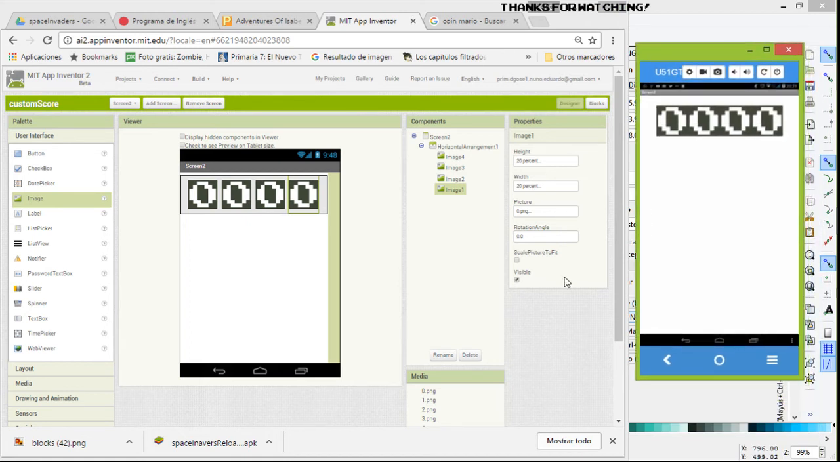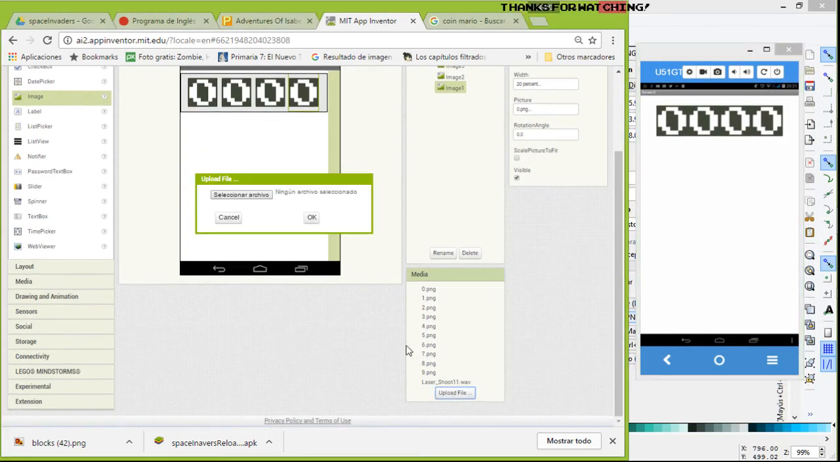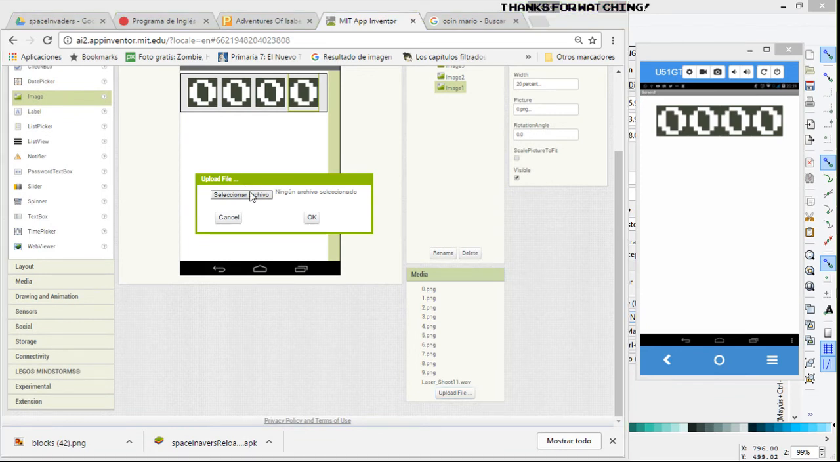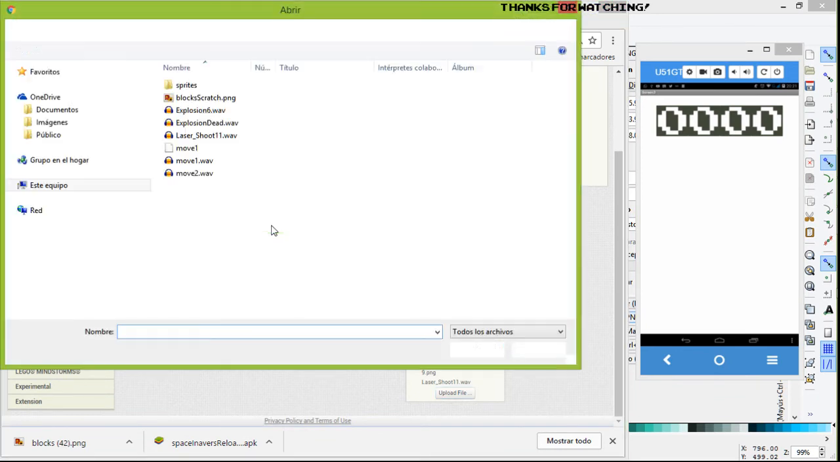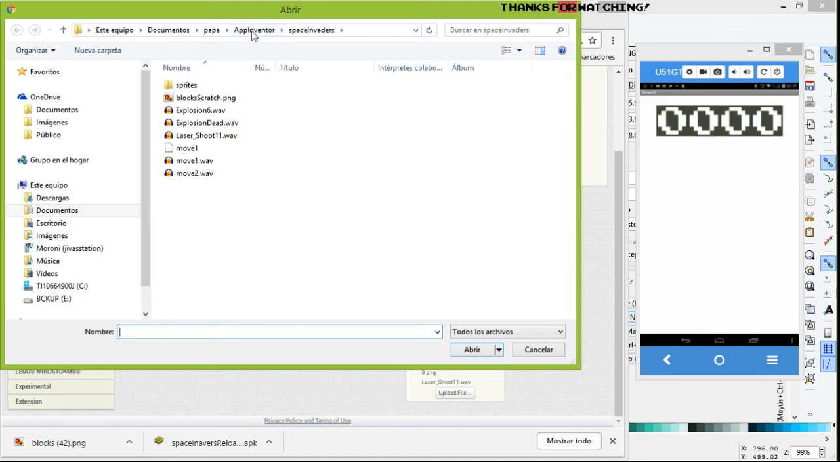Okay, we have companion, and we have to upload the new files. Remember that I just modified some of them, just to show you the advantage of these things. So I guess it is here in custom